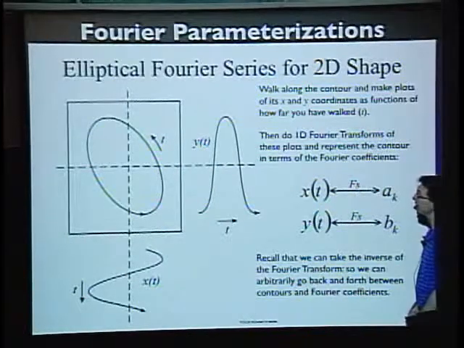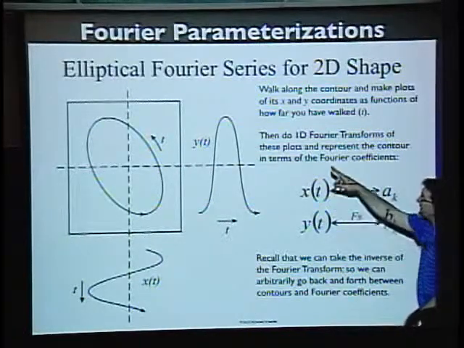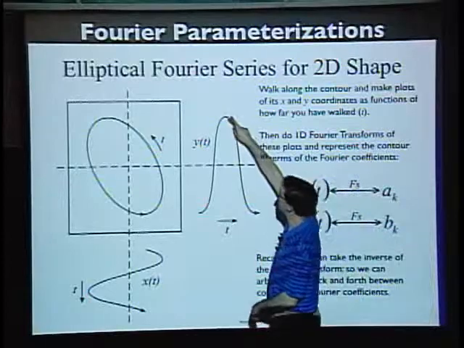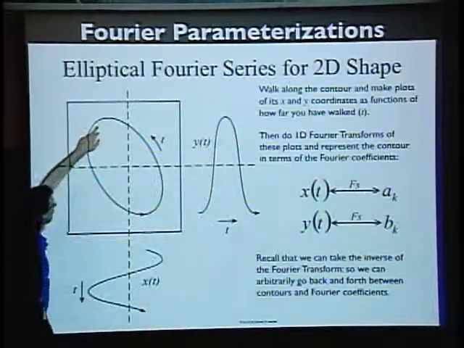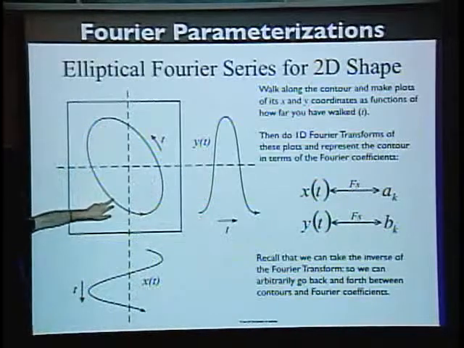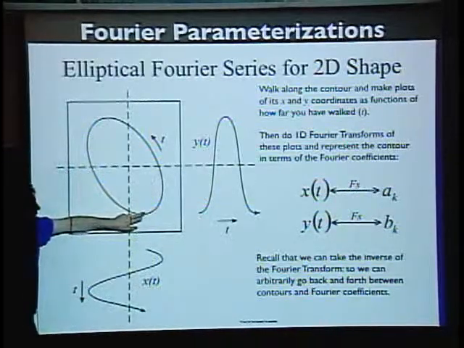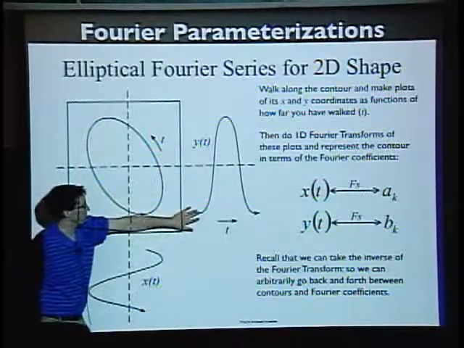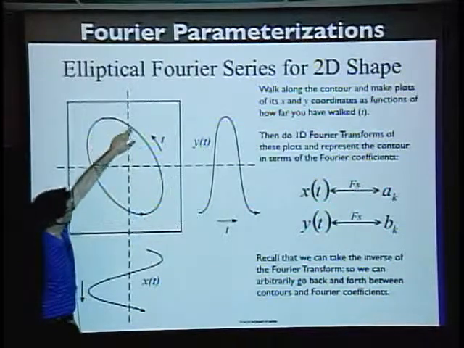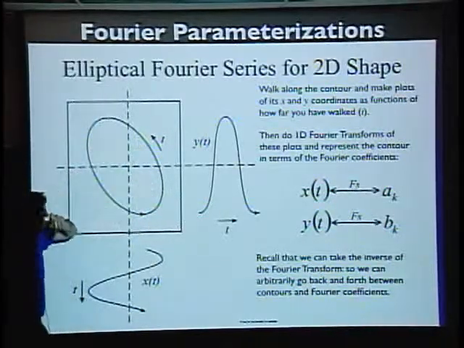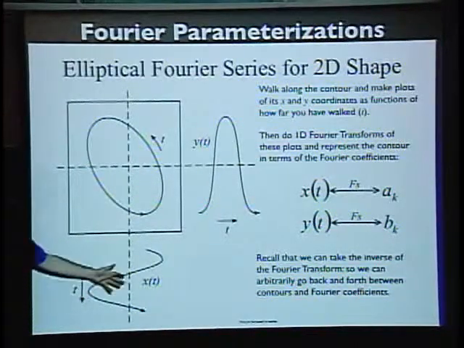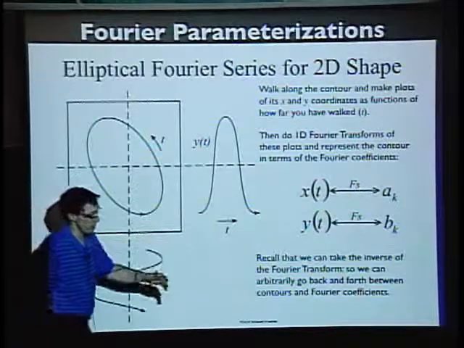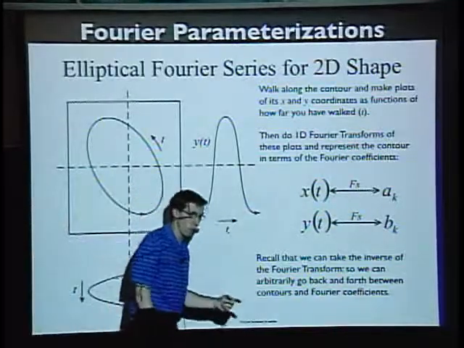So let's see, this point would correspond to here. And as you go away from that, your y-coordinate keeps going down, down, down. And this point here would correspond to over here, and then you would keep coming down like this. So what you can do is then look at these functions, x of t and y of t, where t is your measure of how far you have walked,